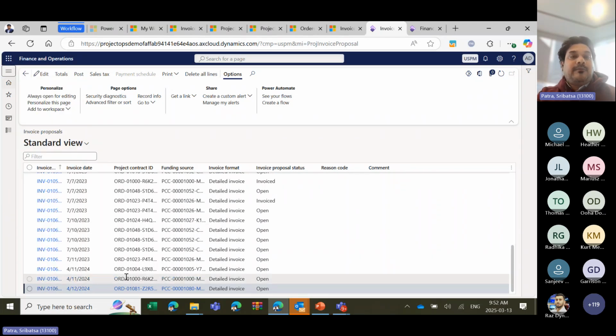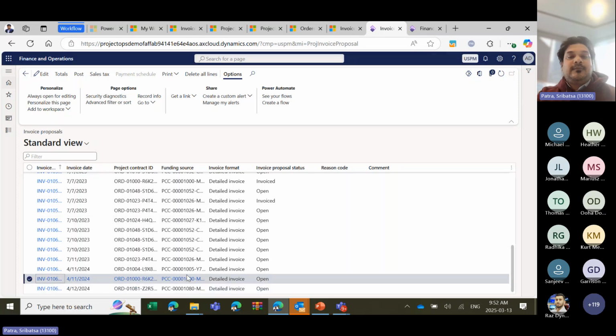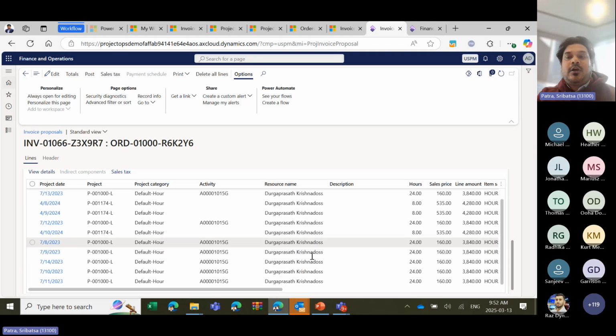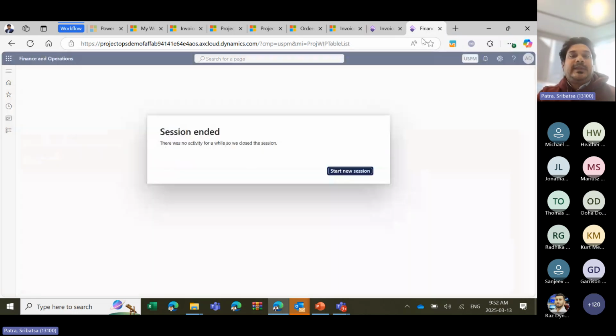And we do have the option to keep track of all the invoices that are getting generated. We can see those invoices coming in directly in project operation. We can also see the hours that have been logged. And then once we post this invoice proposal, it creates actual invoices against the project. The next step is the finance team takes care of